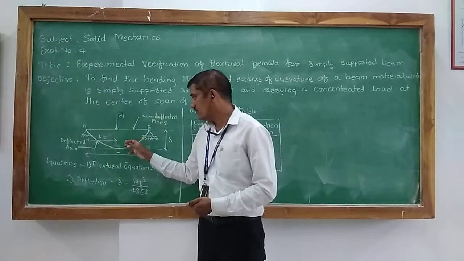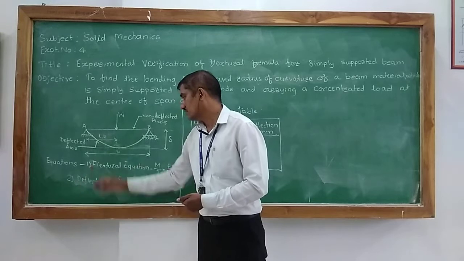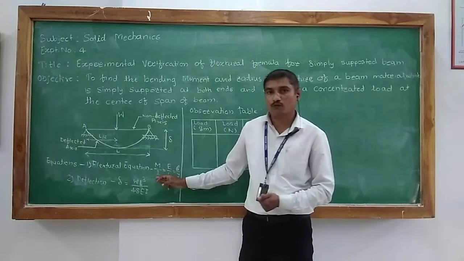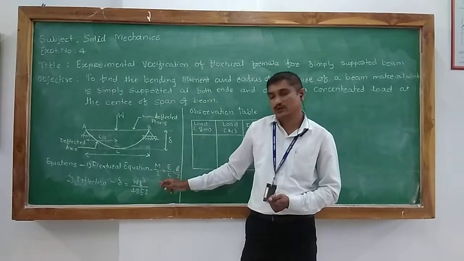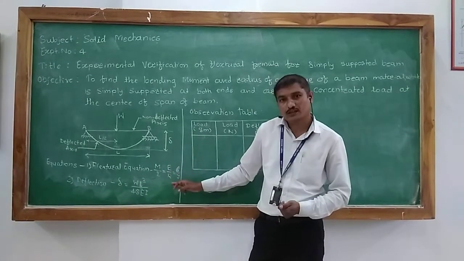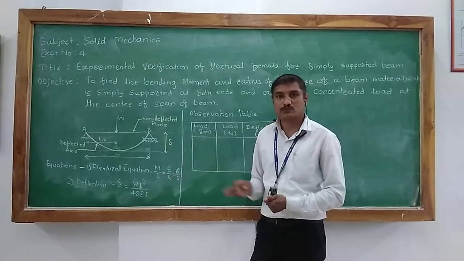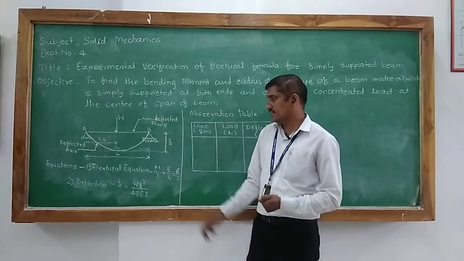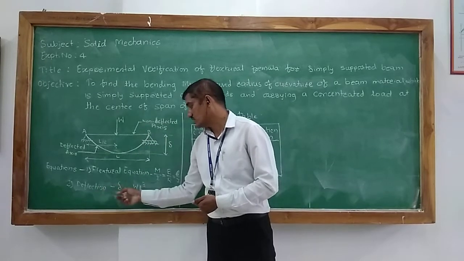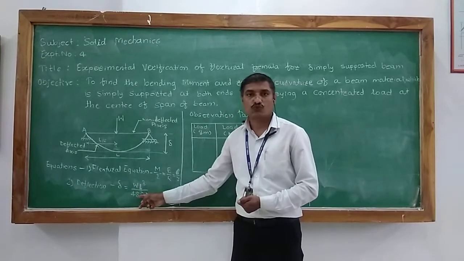Now, to determine this deflection and to verify this flexure equation, we are using two equations. The first one is the flexure equation, in which we equate the ratio of bending moment per unit moment of inertia, M by I, to the ratio of Young's modulus of the material per unit maximum radius of curvature, E by R, which equals stress per unit maximum distance of the extreme fiber from the neutral axis. Also, for the simply supported beam, we have the equation of deflection delta equals capital W into L cube divided by 48 EI.